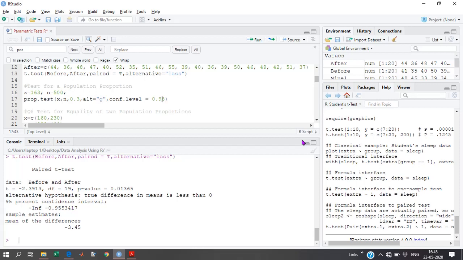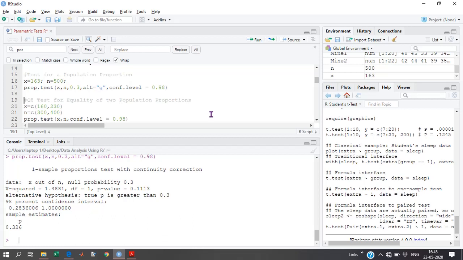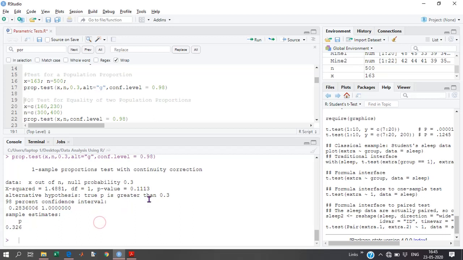Confidence level as 0.98. Go ahead, run this, control enter. It's showing p is equal to... it's more than 30% actually, no? What is the p-value? P-value is 0.113. So the true p is greater than 0.3. Alternative hypothesis is there.